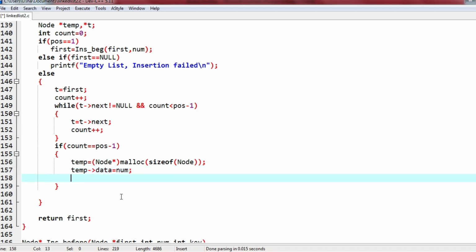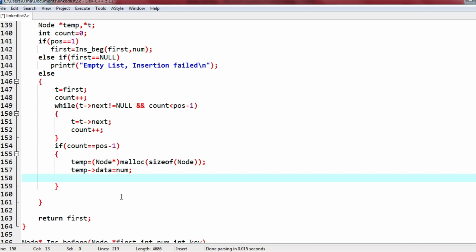Now suppose I want to insert at position number 5, right now I am in position number 4. Now the 4th node's next pointer contains the 5th node's address. Since I am going to insert the new node that I have created in the 5th position, whatever is currently the 5th element is going to become the 6th element. It means that address should be present in the next pointer of the newly created node. So try to understand clearly.